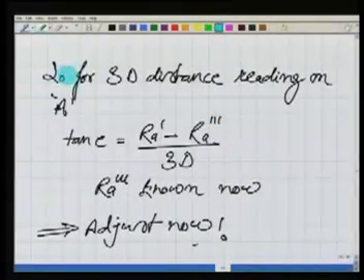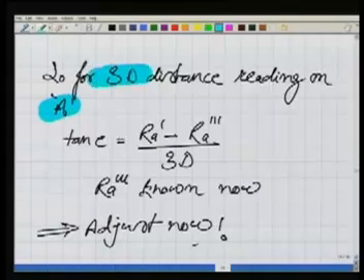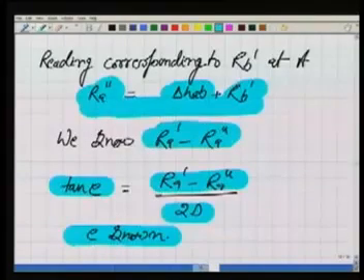What I can do, I can make use of this value of E also to apply corrections. Or otherwise, if I am going for permanent adjustment, what I would like to do, I would like to further know the reading at A corresponding to this entire distance of 3D. What is the meaning of that? The meaning is,